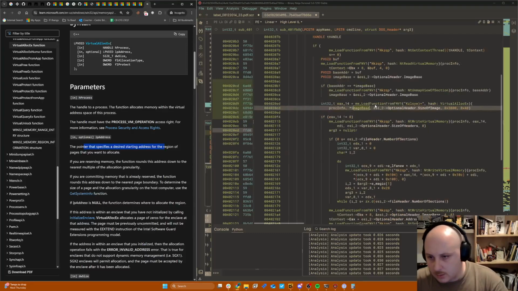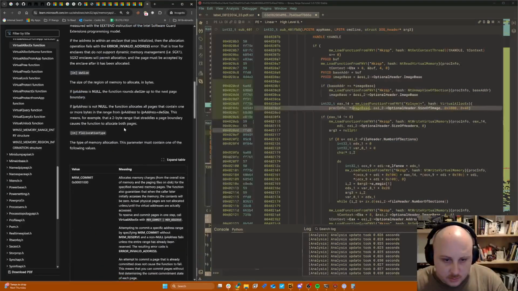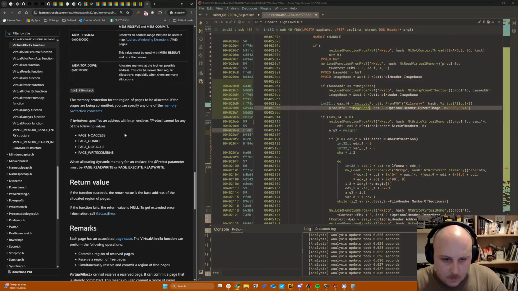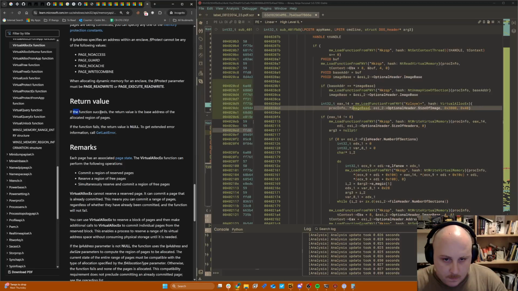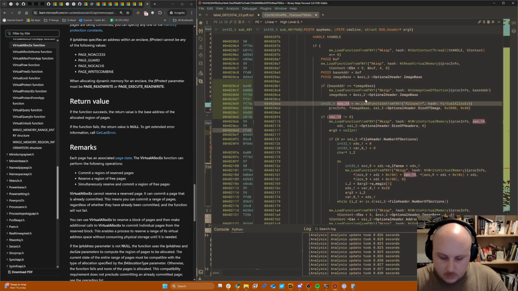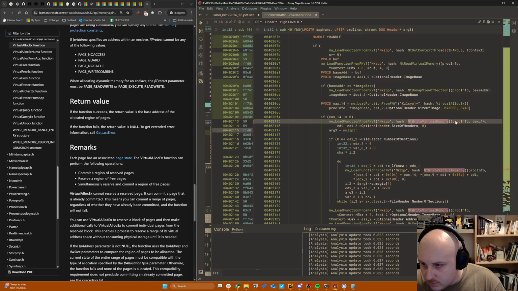Okay. Cool. And this will be returning the base address of the allocated memory region. Okay. So that's going to be a nice P1. So we would then proceed to write